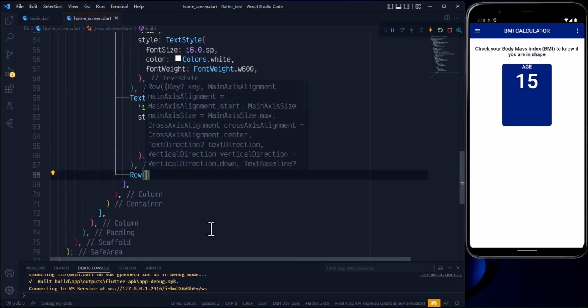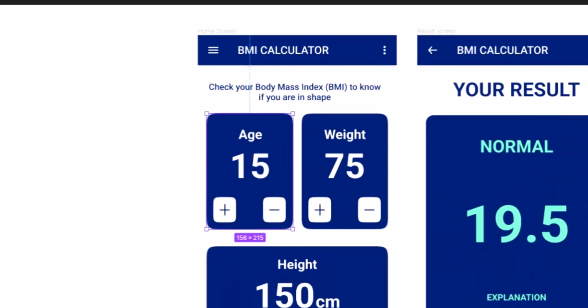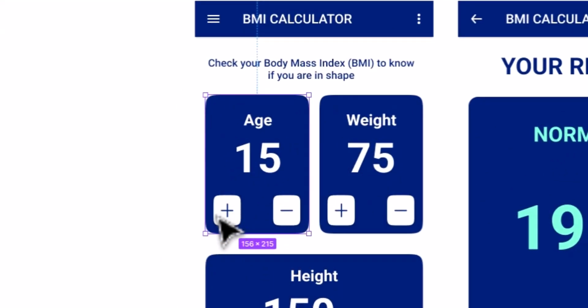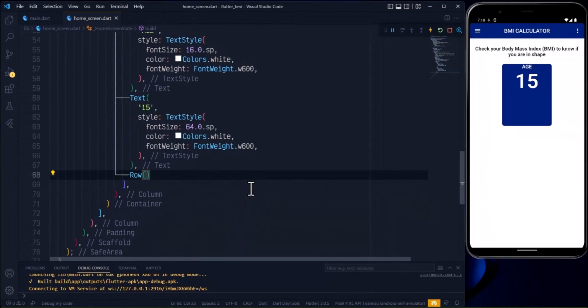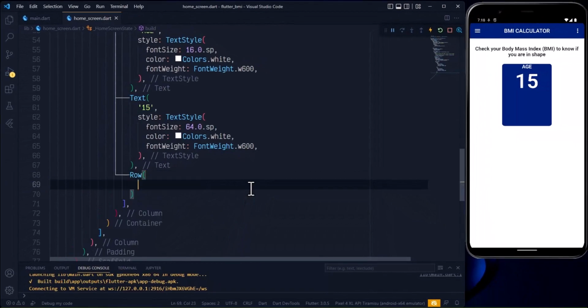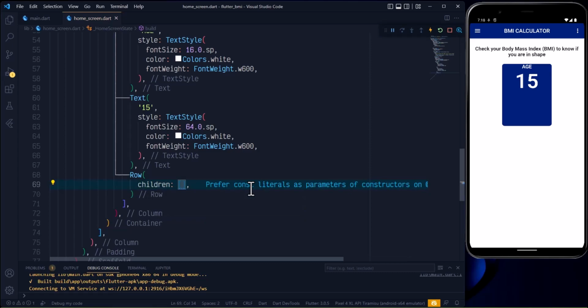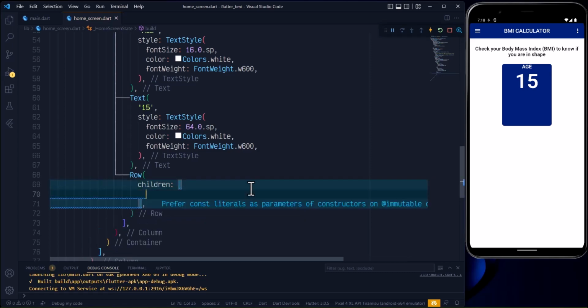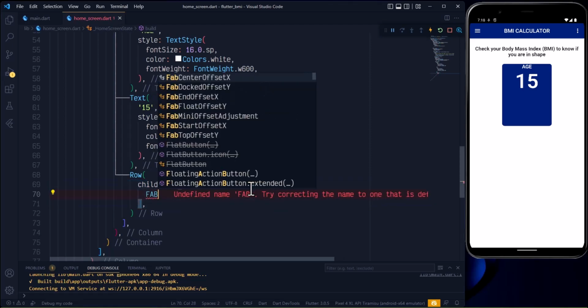Now if you are wondering why we are using a row, if you look at our design, we have these 2 guys here and they are side by side. We know that when we want to arrange things side by side, from right to left or left to right, horizontally, we use a row, and vertically we use a column. So inside here we are going to say row, and we know a row will definitely take some children. Now inside here, just to show you what we are going to do, let's pick a floating action button,